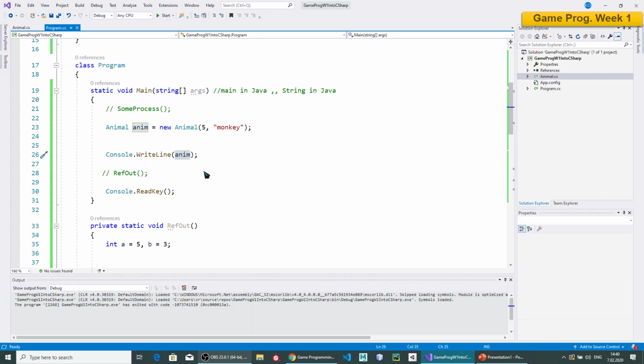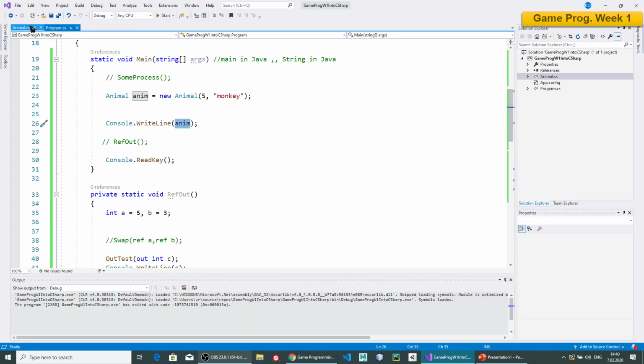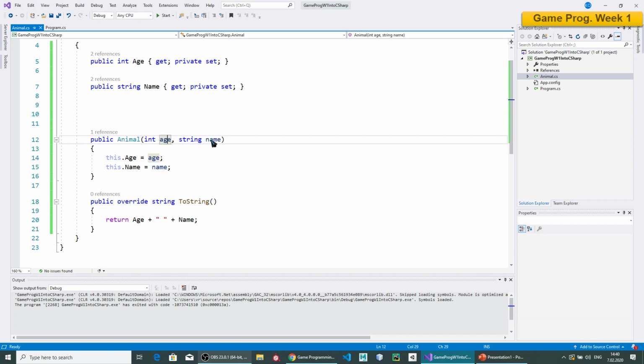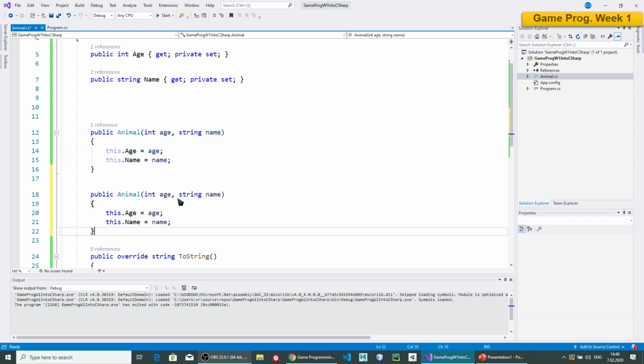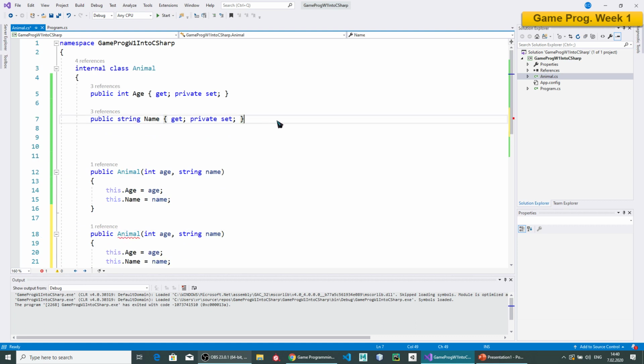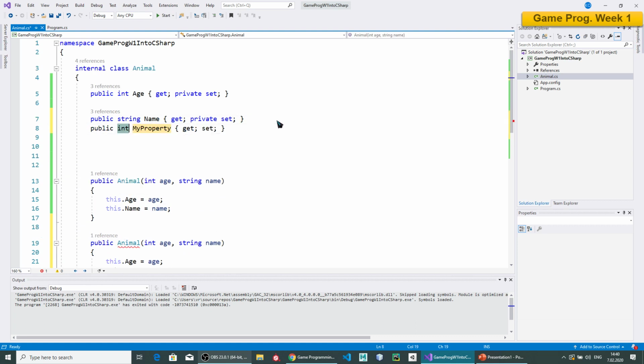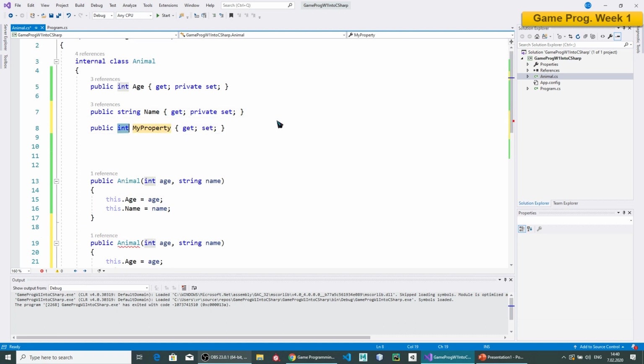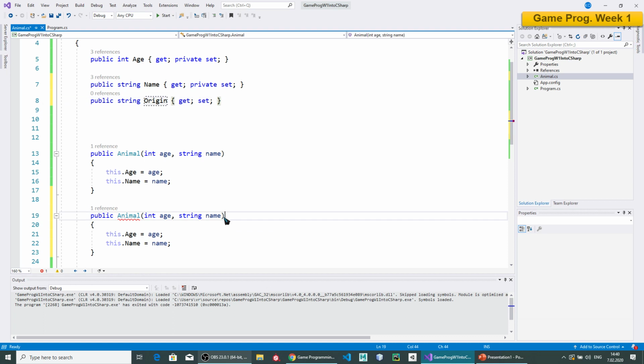Then 5 monkey. Okay, you understand the idea. Now, if you want to have more than one, you can have more than one. You can have, for example, name. You can have another one. It could be a string, could be origin maybe. I want to set origin here, for example, string origin, and then say this.origin is equal to